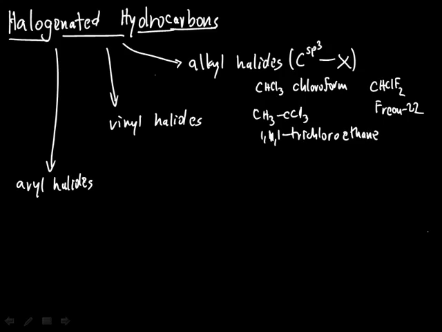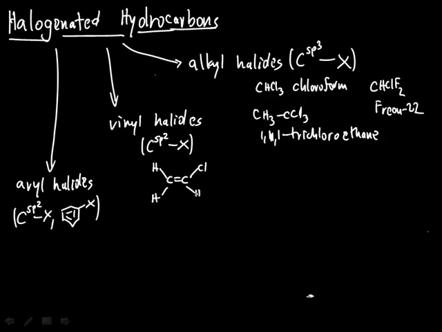Vinyl halides and aryl halides both share the bond between an sp2 hybridized carbon and a halogen, except that in the case of aryl halides, this bond more specifically is the bond between an aromatic ring and a halogen. When it comes to vinyl halides, many of them are precursors to polymers, so this would be vinyl chloride, which is a precursor to polyvinyl chloride, which is of course a very commonly used polymer, while this would be tetrafluoroethylene,